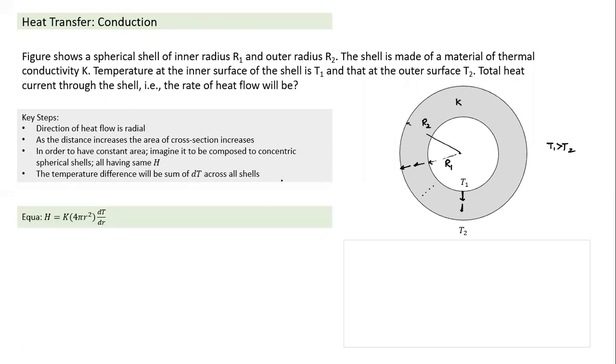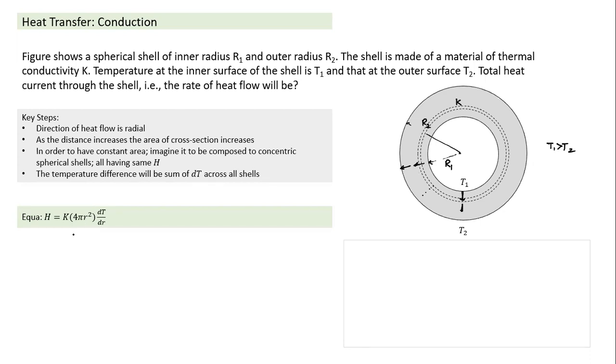So how do I write the equation? Let's take an imaginary shell of radius r, and outer radius r plus dr. So what is the heat flow rate? K into area here. I hope all of this is understood. All points on the inner radius will be at the same temperature. So what is the locus of points at the same temperature? The locus of points is a spherical shell. That's why I've taken a spherical shell. And what does dT indicate? The temperature difference across the inner surface and outer surface. And the distance dl is the distance across which heat is flowing. That becomes dr here. So that's the equation here.